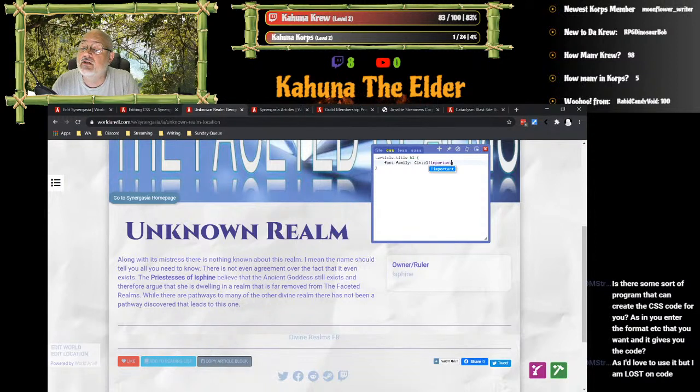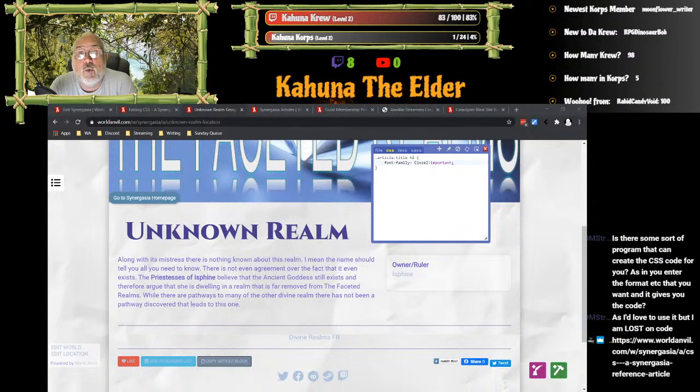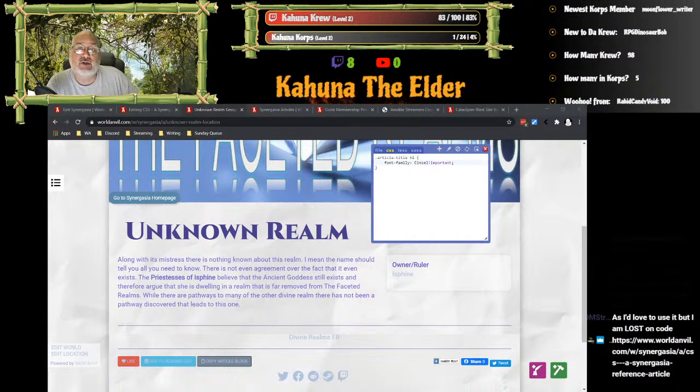That's a big thing. On the page that I linked earlier that has the CSS tips, let me see, I still have it in there. Yep, I do. On that page, there's a list of things you don't want to put into your CSS code because it will break, or if not break, it just won't work. For example, you cannot use the word container. Container is a reserved word on World Anvil, and if you use container, the back end of the system will strip it out of your code, and it won't work. Footer is another one of those words. Don't use it because it will strip it out. This is done mainly for security reasons, because if you know that you can use those codes, you can get around the code and do nasty things.